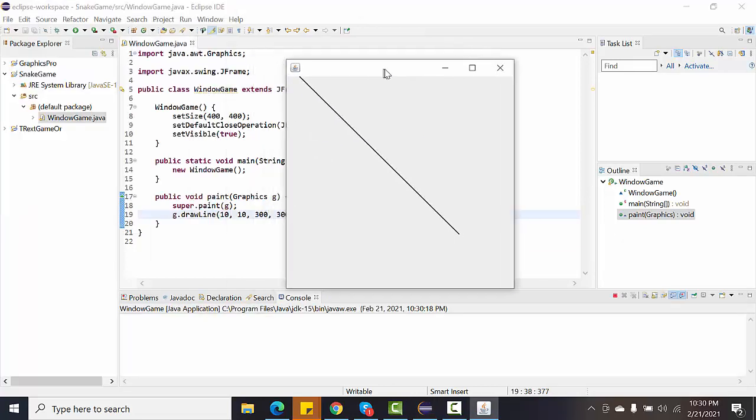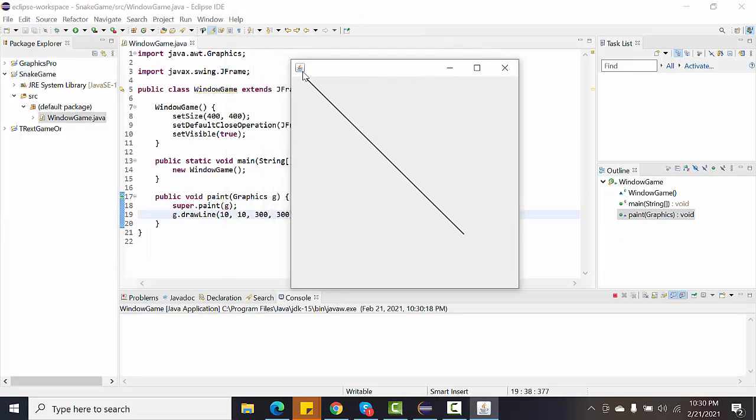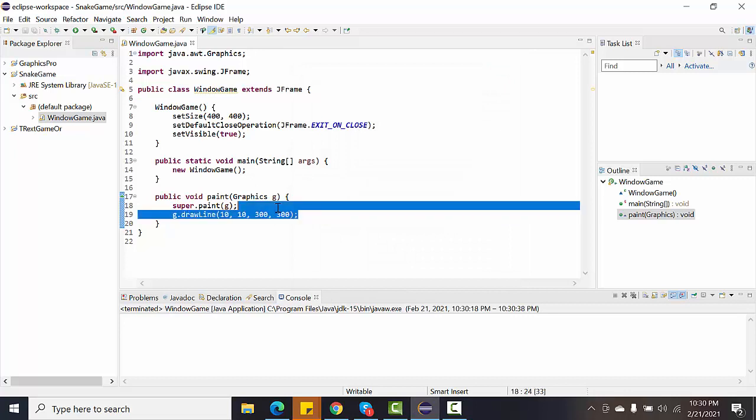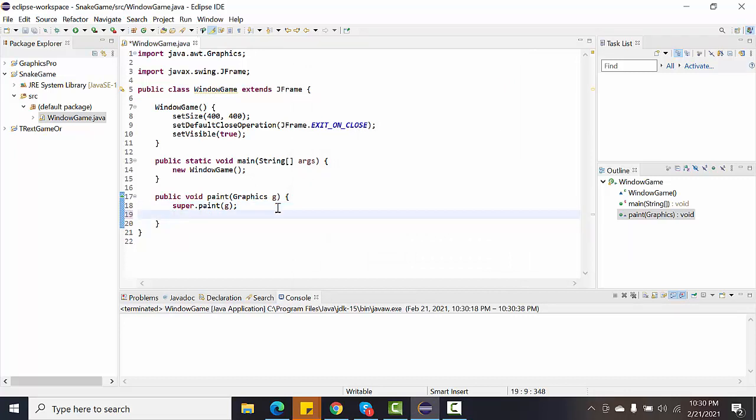You can see it. I just drew the line from the first point with 10 for x and 10 for y, and the second point here with 300 for x and 200 for y here. Okay, so we need to remove this,